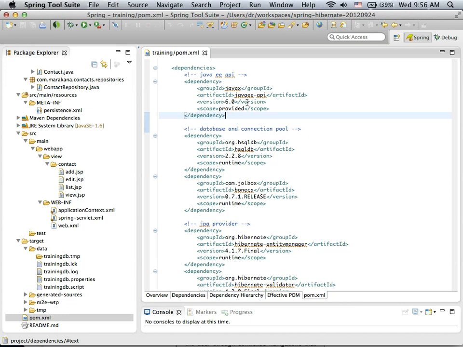All right. So we can't use them in our project if it's provided, right? For compile time. So we are compiling against the Java EE APIs, right? That's important. Anything that's in provided scope, we can compile against, but this jar won't be on the class path when we run. It'll be some other jar that's providing